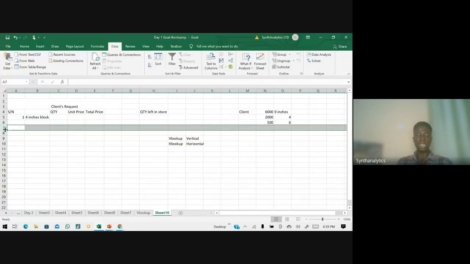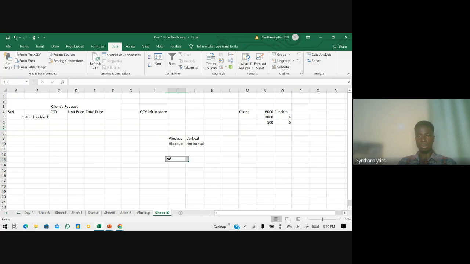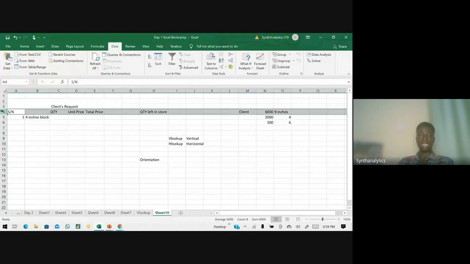What's different in them? The basic difference between both of them is your orientation. They follow the same formula. The only difference between them is your orientation. If you can remember in our class on relative referencing and absolute referencing, I was talking that when we are using our mixed referencing, your orientation, whether you are working across a column or across your row, can determine how you do your referencing.